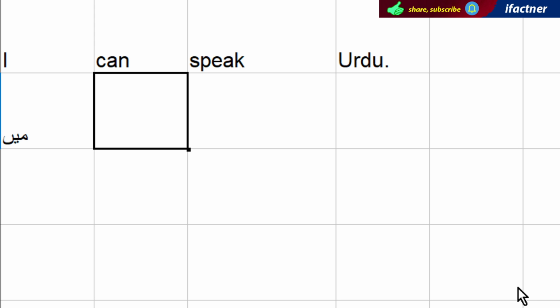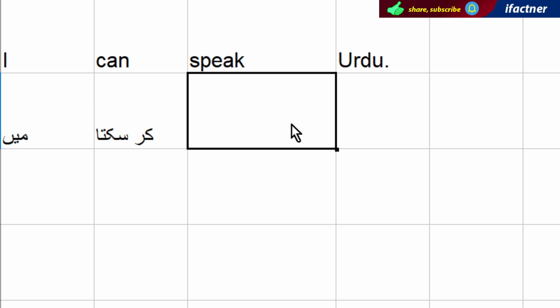So कर काफ रे कर and सकता. सीन काफ ते alif सकता. कर सकता for male and कर सकती for female. मैं कर सकता, speak is बात. I can speak Urdu. मैं